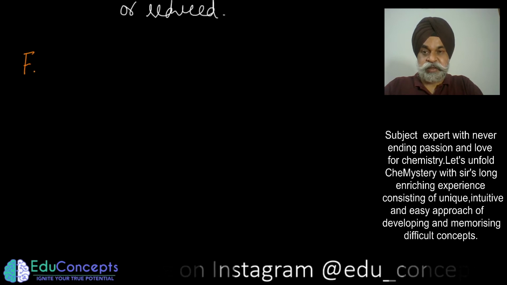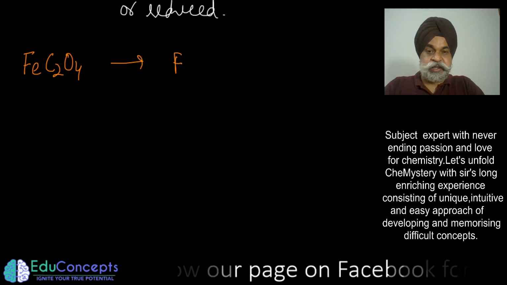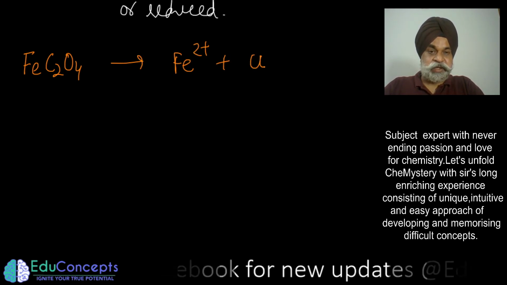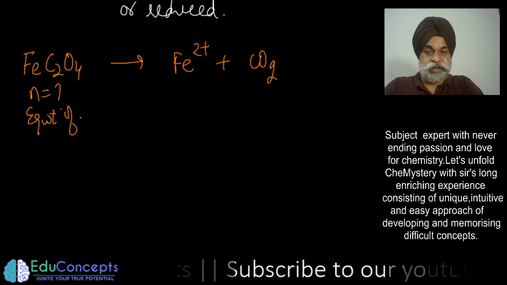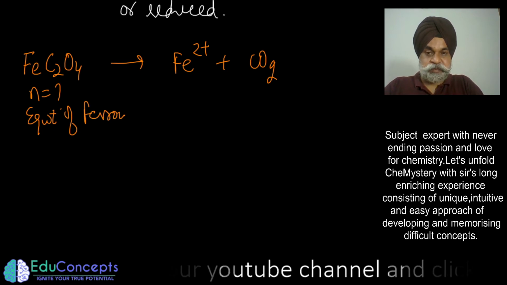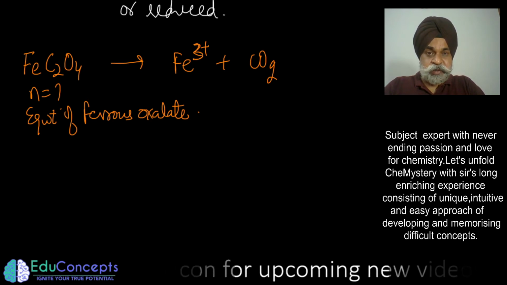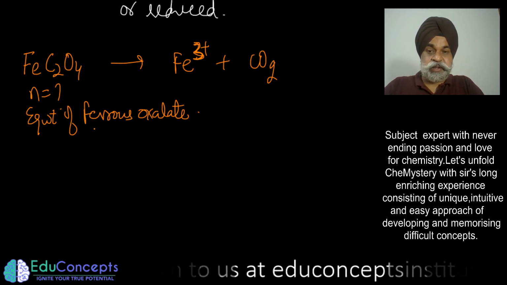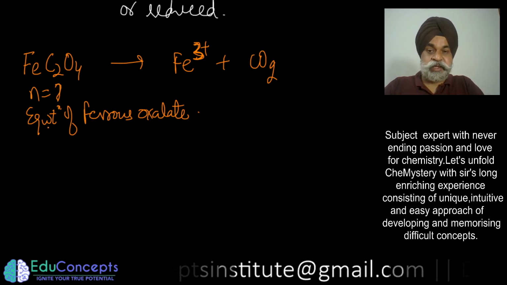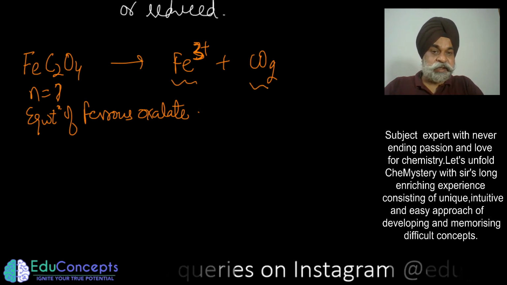So let us start with some questions. So let's take up the first question. Let's say you have ferrous oxalate. In the exam, it will be given like this. They will tell you that this is the half reaction happening. You are supposed to tell the n factor of this, or the equivalent weight of ferrous oxalate during this reaction. Or let me write it as plus 3 also, then it will become more interesting. So now this is the question where you are supposed to find the equivalent weight of ferrous oxalate, and this ferrous oxalate is turning to ferric ions and carbon dioxide.